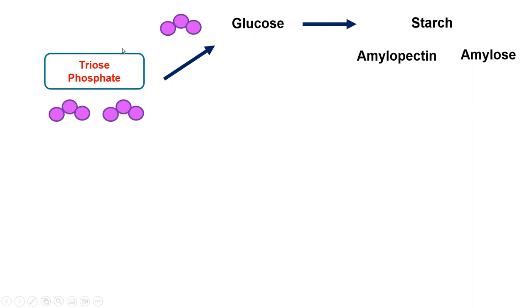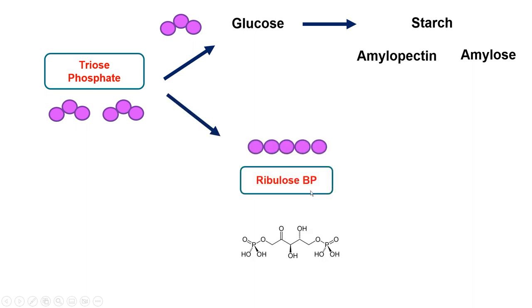So that is one possible fate of triose phosphate. But remember, we need to regenerate that ribulose biphosphate that started this whole cycle. So some of it is going to have to be regenerated into that ribulose biphosphate. And so this is the question: if we have 1, 2, 3 carbons here, 4, 5, 6, and then this one is 1, 2, 3, 4, 5, how do I use